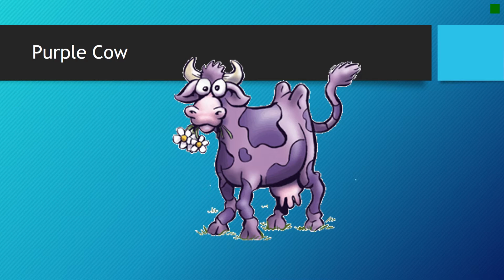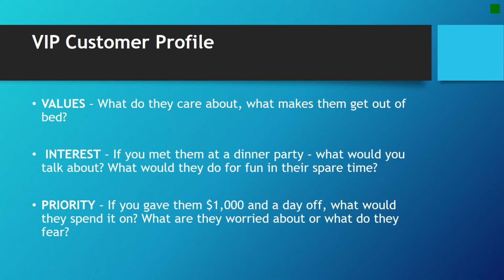So remember that you don't want to just put in their face what's happening. You want to be that purple cow. So we're going to talk about this a ton more at the end of the semester when you start developing your own social media content. But this is still important for this